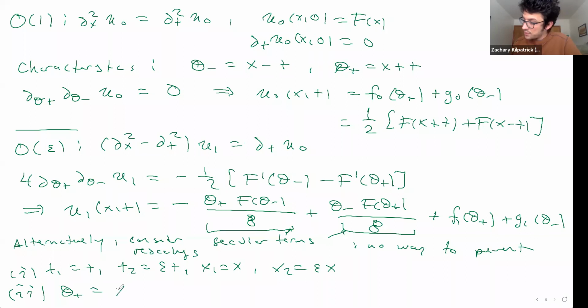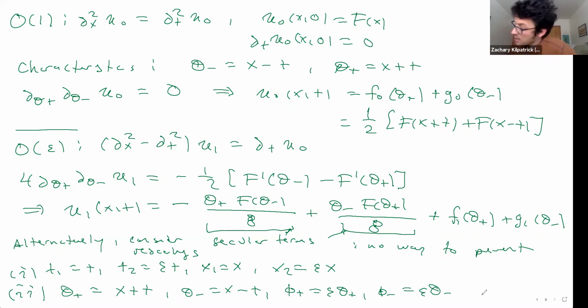Theta plus equals X plus T, theta minus equals X minus T, phi plus equals epsilon theta plus, and phi minus is equal to epsilon theta minus. Okay. And lastly,